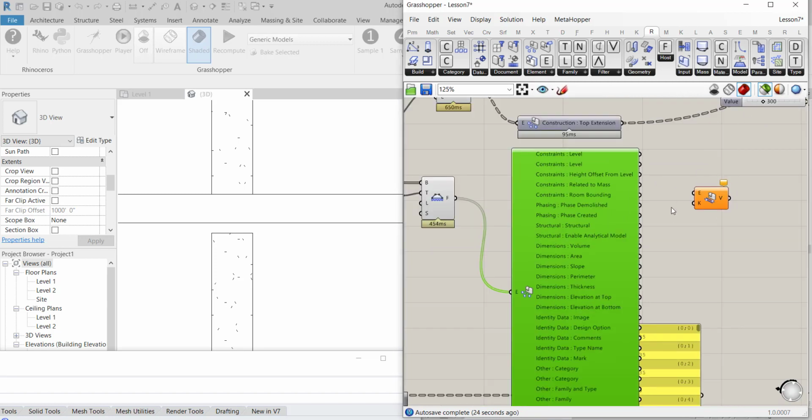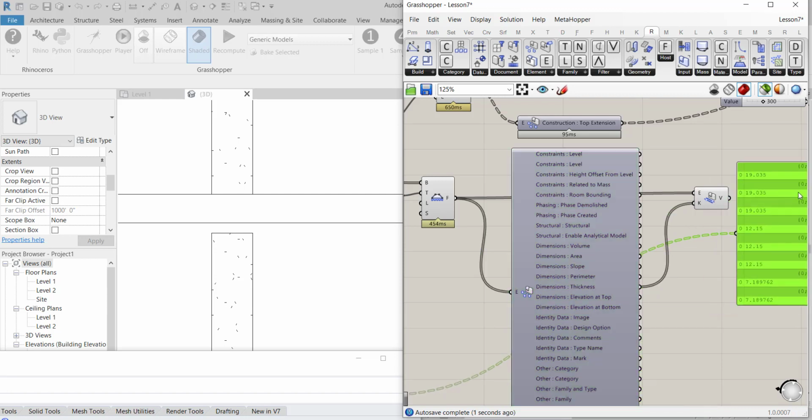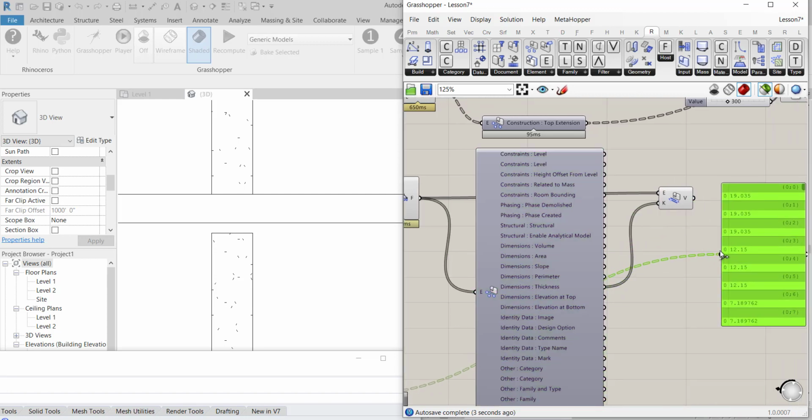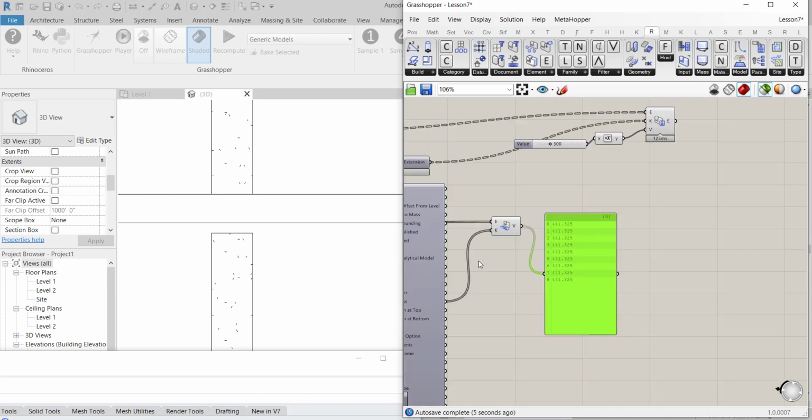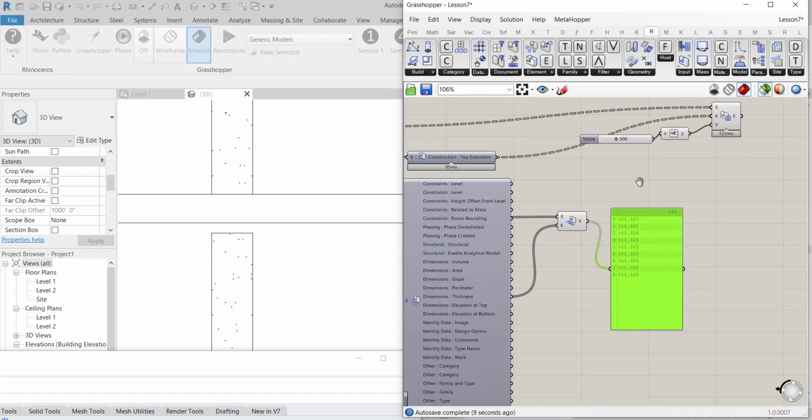So that was set. This is get. Plug it here. This is our elements, and here our thickness, and here we have our thickness of our slabs. Now it's in millimeters, and I guess we can, well,